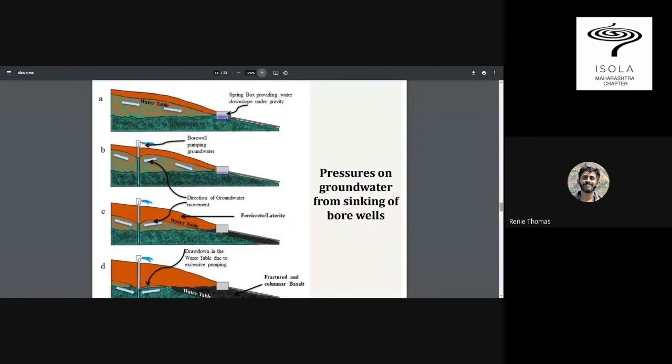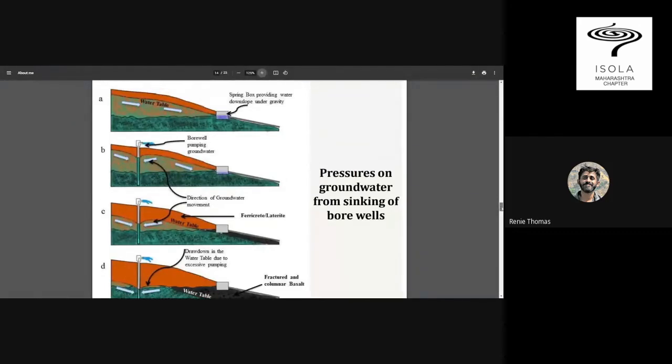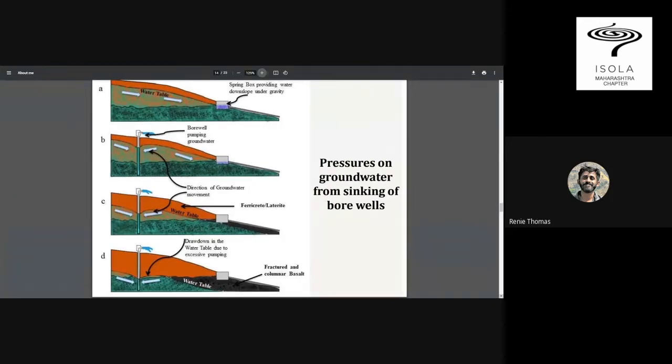And on top of it, in this region, in the next slide, we are seeing a boom. I would say from the 1990s we are seeing a lot of borewells being sunk, and that's changing a lot of groundwater hydrology. Unknowingly, sometimes, sinking such borewells actually inhibits certain groundwater flows downstream, affecting traditional old spring boxes or even water outlets which communities use. So there's a huge pressure across Maharashtra now, and most of India, where groundwater is heavily used for irrigation and there is hardly water left for drinking.